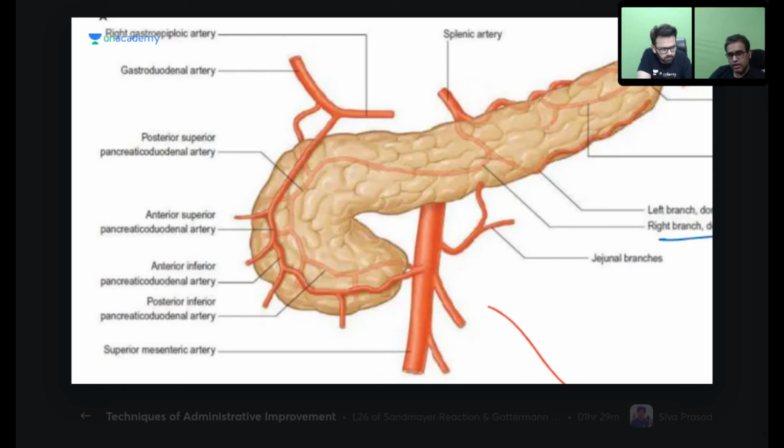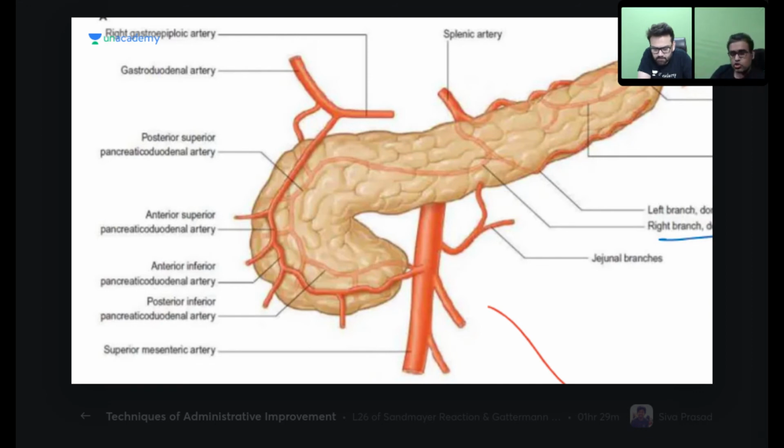Okay. Now this gastroduodenal artery went down behind the duodenum and it divides into two branches over there. I hope you can see these are the superior pancreaticoduodenal artery, SPDA, superior PDA. Superior PDA divides into anterior and posterior. So this is the head. So superior PDA will divide into anterior superior PDA and posterior superior PDA.